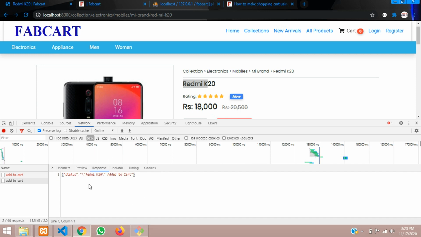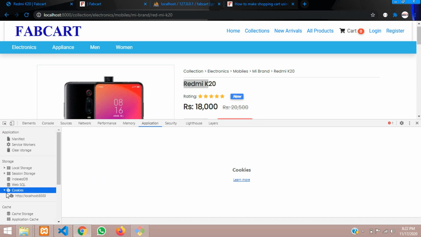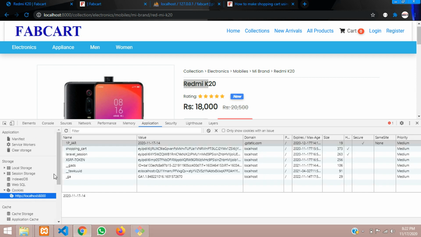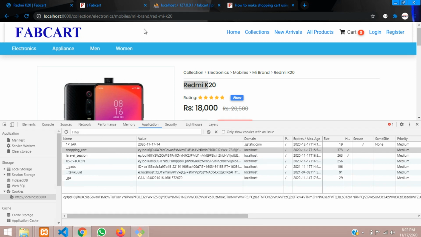So guys, we have successfully added it. Let's check whether the cookie is available or not. So let's go to our application. If you see here cookies, let's open this and you can find the requests. So over here you can find the shopping cart, which we have just now created. Okay, so the shopping cart is storing some data. If it was not storing, it would not store our cookie over here. So it's stored. If you want to see the output of it, you have to follow the tutorial and continue with it.